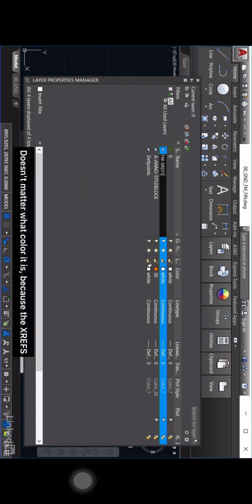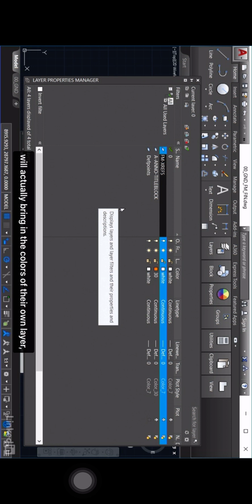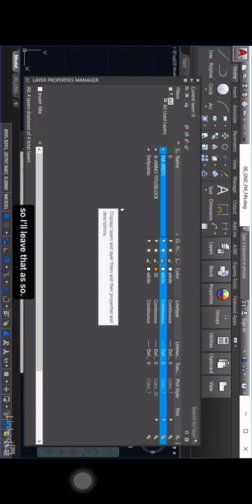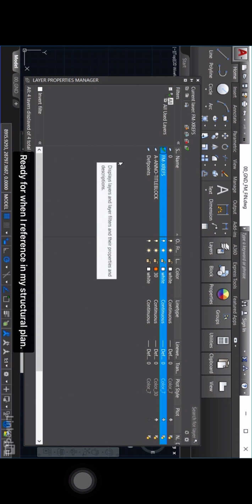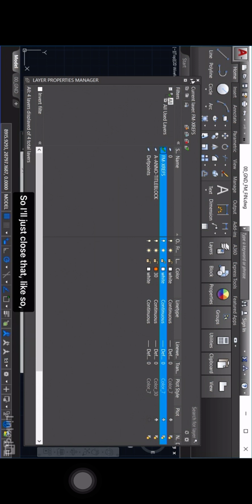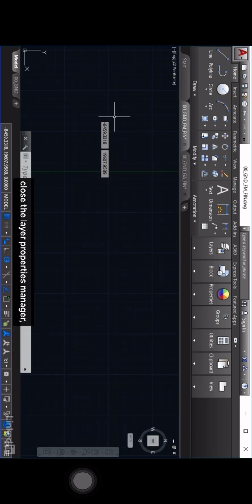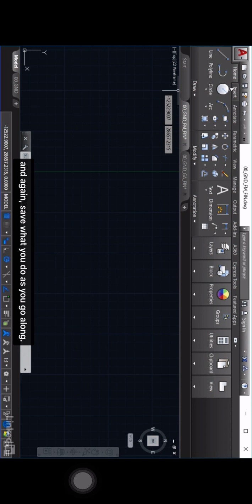Now, it doesn't matter what you call it, but I normally just call it FM and then XREF, like this. So FM dash and then XREF. And then I know it's the XREFs like that. And I'm just going to leave it white. Doesn't matter what color it is because the XREFs will actually bring in the colors of their own layers. So I'll leave that as so. And I'm going to make that the current drafting layer as well, ready for when I reference in my structural plan. So I'll just close that like so, close the layer properties manager,